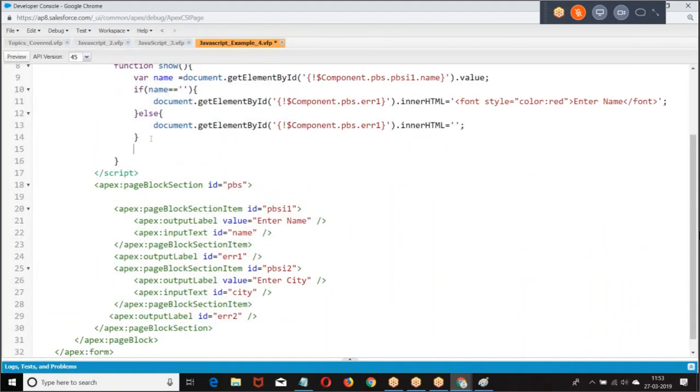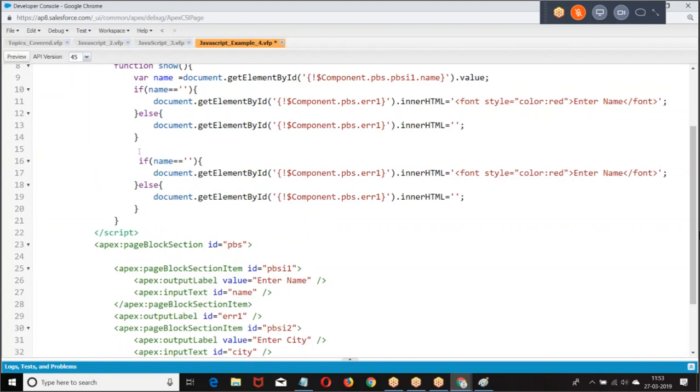similarly, we need to check for city. How do you give city?